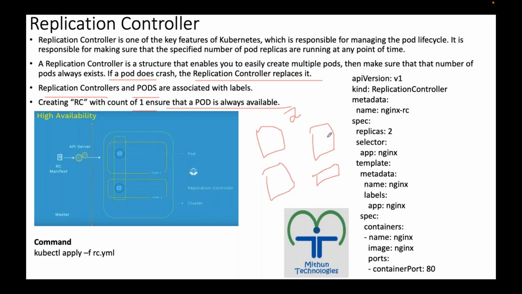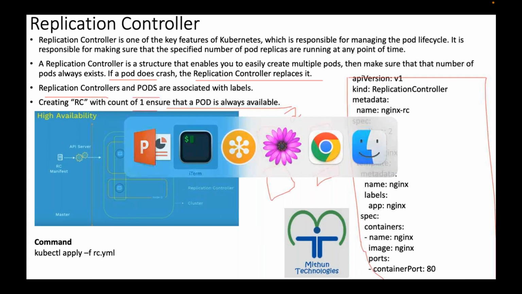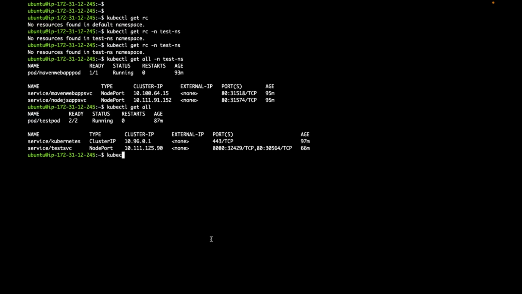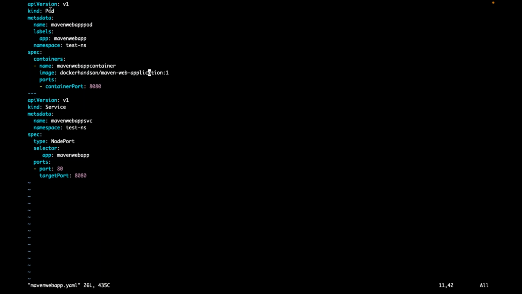Yes. Now, how to create a replication controller? Do I need to create a manifest like this? Replication controller manifest. Now, I don't want to create pods directly, so we are not going to do it like this. I am going to delete these pods, whatever I have created directly. It is not recommended to do this. Instead of creating a pod like this directly, can I create a replication controller to create this pod and manage the pod?